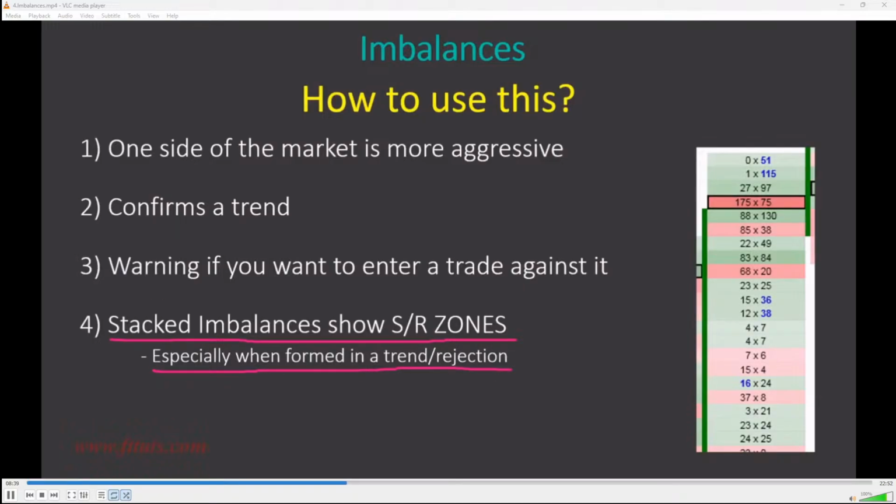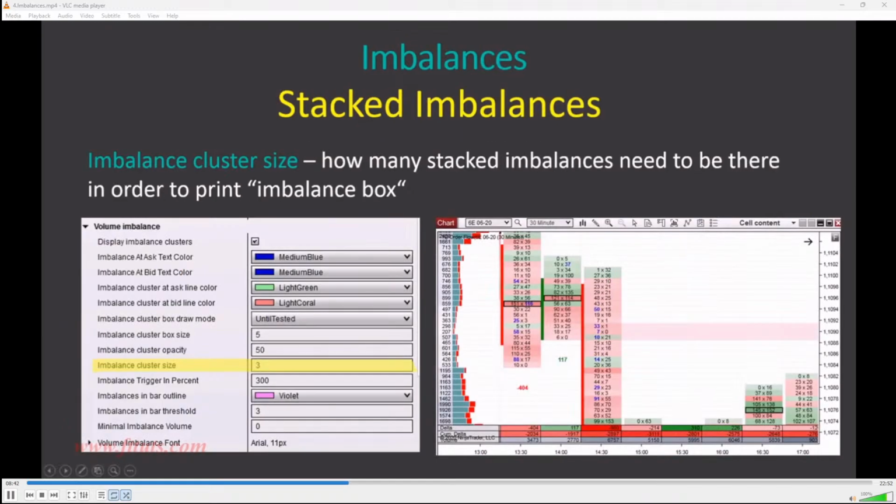Now, what this stacked imbalance actually is, let's have a look at it. A stacked imbalance is when there are 3 or more imbalances stacked like this: 1, 2, 3. You can change this number. The default number is 3, but you can change it, all right? And what it will do is print this box when there are 3 or more of them stacked together. The order flow software will print this box, and it will tell you that this is a strong support